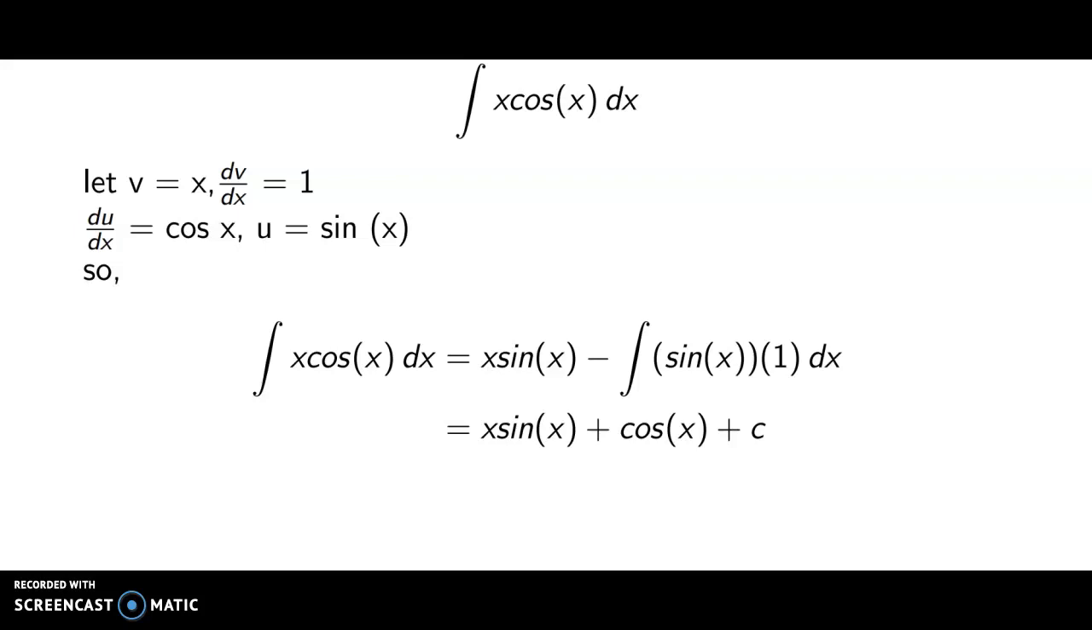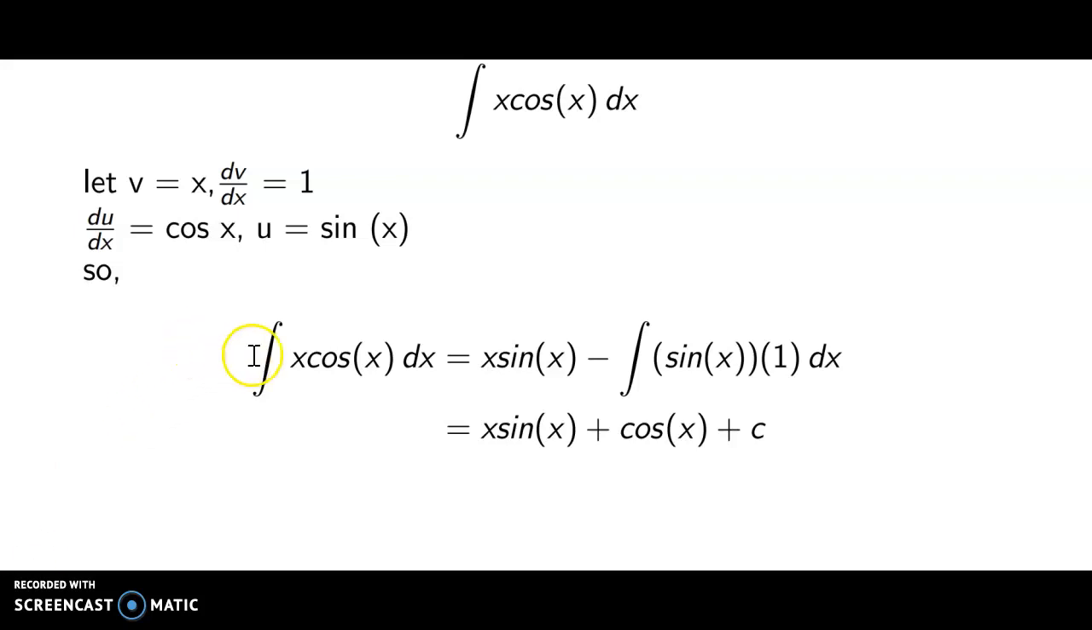With this choice, by differentiating, we obtain dv/dx equal to 1. Also from du/dx equal to cosine x, by integrating, we find u equal to the antiderivative of cosine x dx, which equals sine x. Then we use the formula that we discussed just now,